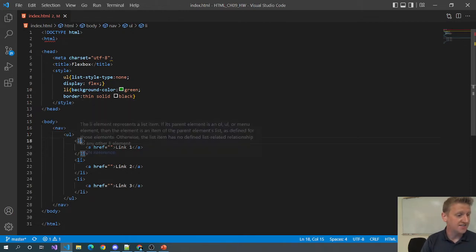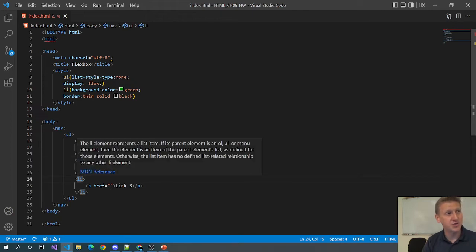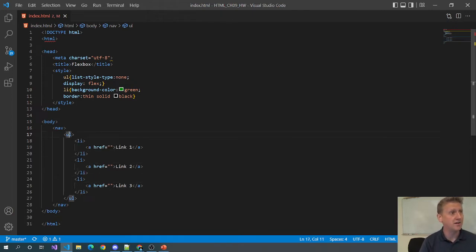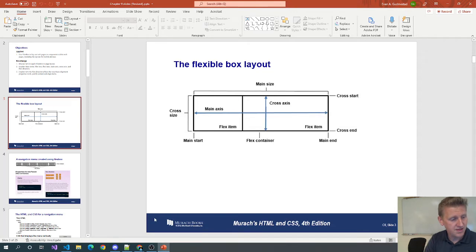The LIs are the children of our flex box. The UL is display flex, and each LI becomes a flex item. So the direct children of the UL become what are called flex items. So the UL is displaying flex, and then each LI becomes a child, a flex item, and